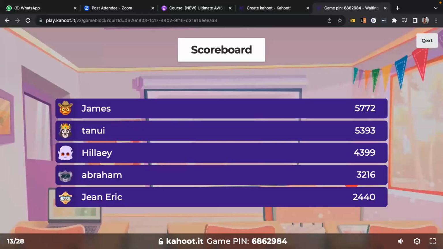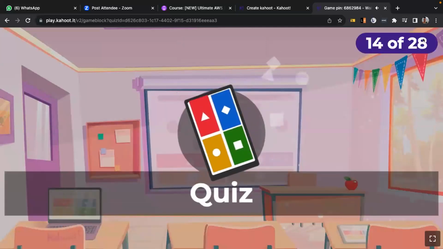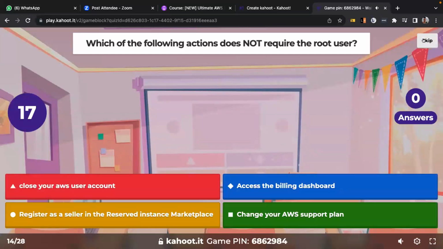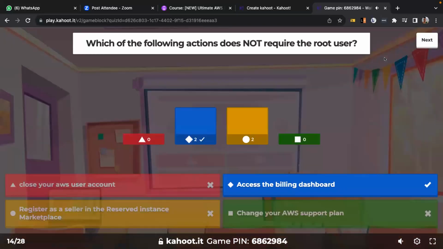So the next one. Which of the following actions does not require the root user? Okay, so access the billing dashboard, yes.